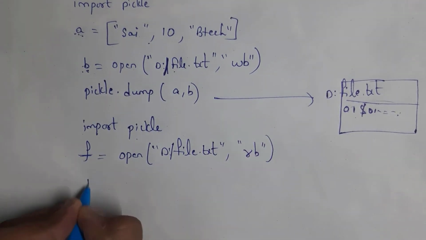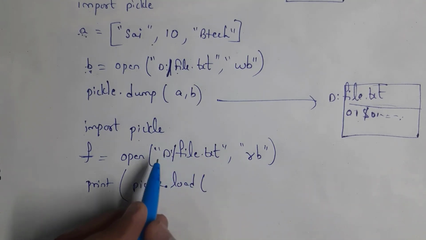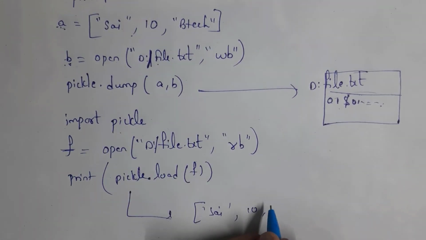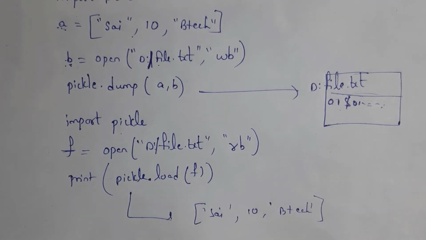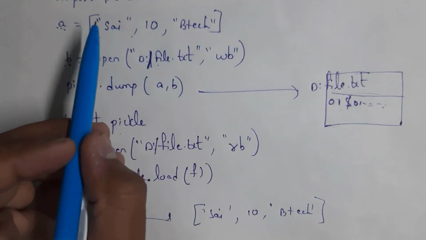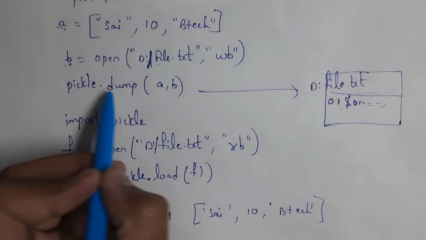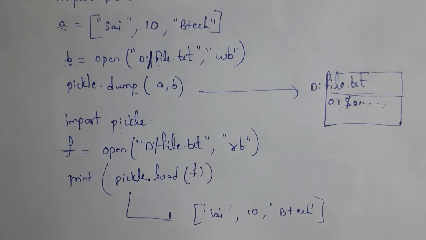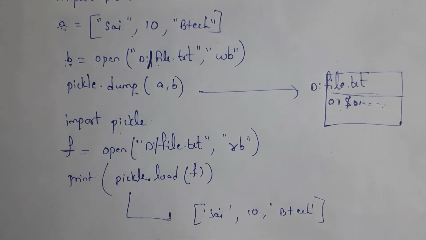And next write here print, inside print function write pickle.load, and my file is present in object f, so just write here f. Whenever you run this code, you will get output Sai, 10, btech. If you want to add any objects like list or set or tuple or dictionaries inside your file, just write here pickle.dump of a, b, where pickle.dump is used to pickle objects, and next one is pickle.load, where pickle.load is